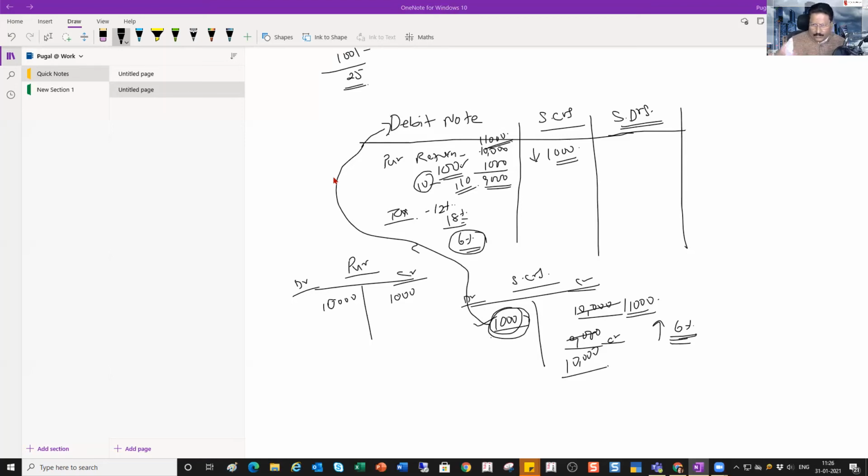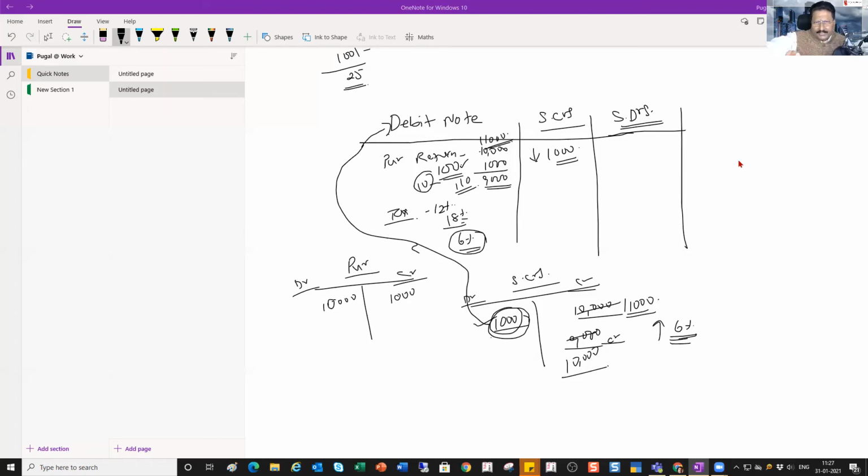Okay. Now quickly we will see the debit note you are going to pass in case of a sundry debtors account. Remember that the sundry debtors account is already a debit balance, because you have made sales to the customer and you are now going to receive money from him. So it's already a debit balance. Now in your books of account, if you are going to pass a debit note for your customer, then the outstanding that you are supposed to receive is going to increase.